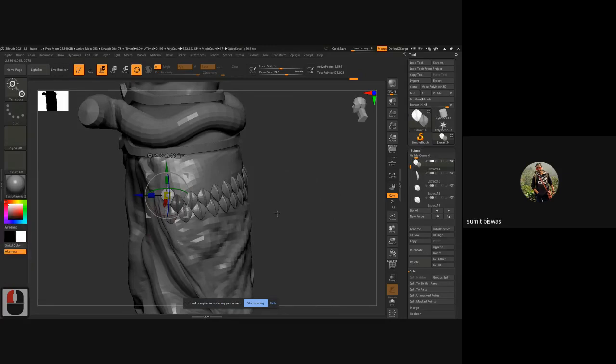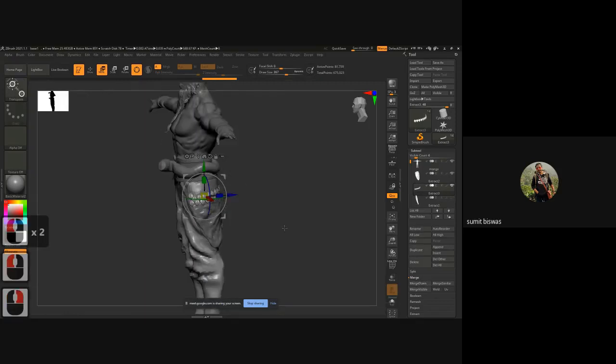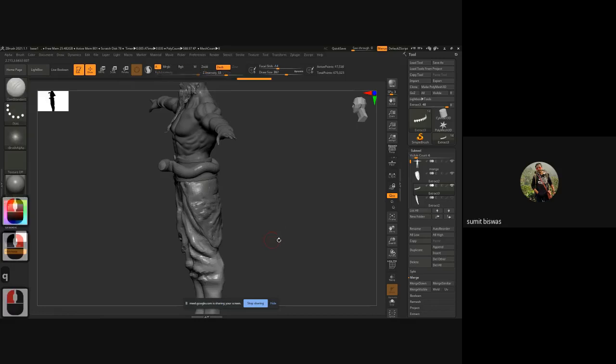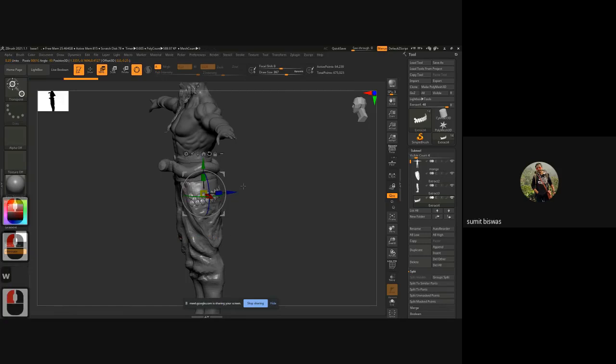One thing I felt is that I need to have these three sections. So what I'll do is merge down, merge down. Oh no! I merged with the pant also, so that is something I can fix. Merge down, U, Control Shift, select on this, and then split, split, hidden. So I got a separate part. That can be fixed very easily.